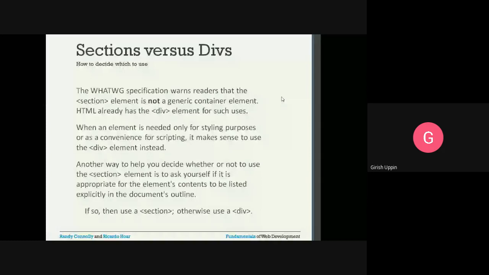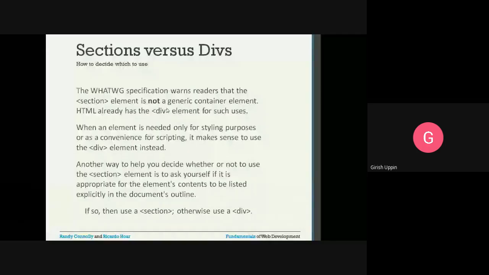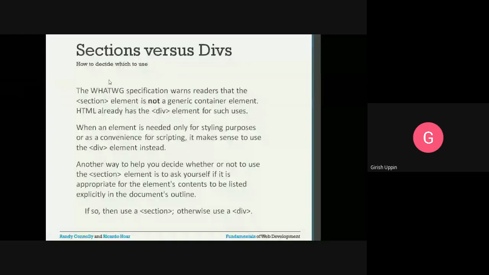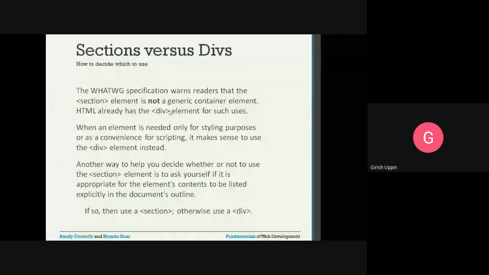For generic grouping, we use the already available div. The div element should be used whenever we want a generic container or a generic group. Section should be used for a specific purpose. Whenever there is a need for a section, you have to use the section. Whenever you want a generic grouping, you can use the div. When an element is needed only for styling purposes or as a convenience for scripting, it makes sense to use the div element.